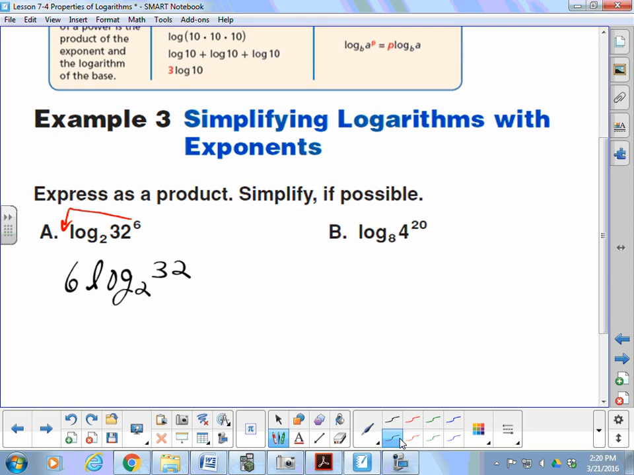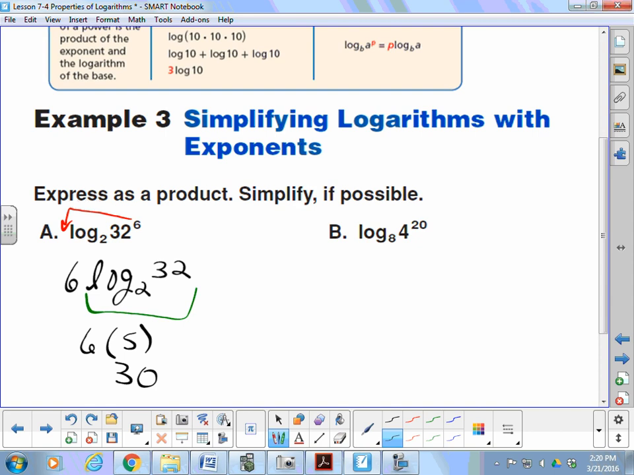Okay, how many times, Joe? 5 times, all right? So this part here is equal to 5, so we have 6 times 5 is 30. All right, so we used the power rule, so expressed it as a product, 6 times the log base 2 of 32. Simplify the log base 2 of 32, and we get 30. Okay. So letter B,